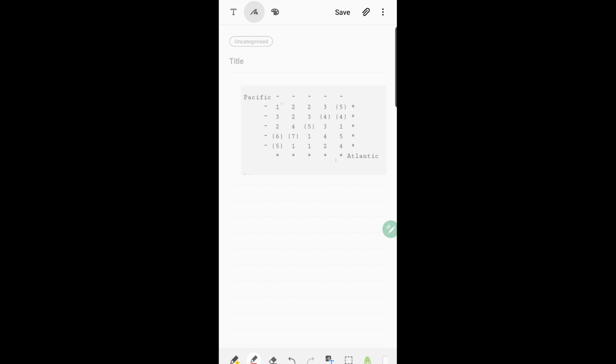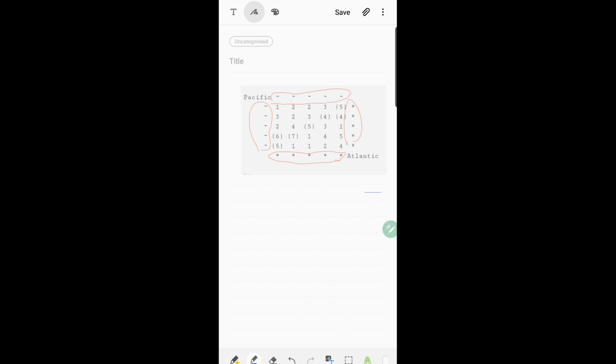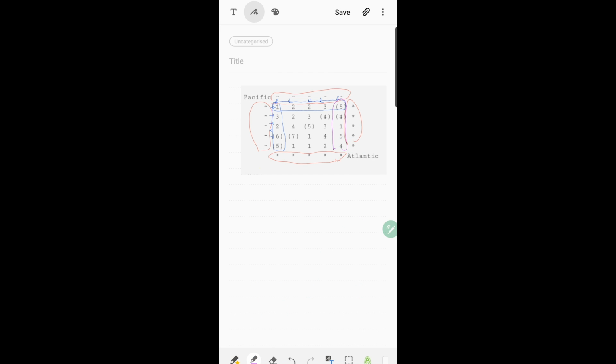So first we're going to start noticing a few things: this entire row and this entire column is Pacific, this entire column and this entire row is Atlantic. So that means, first of all, you have to mark the cells that are reachable from Pacific. So can I say that this entire row and this entire column is directly reachable from Pacific, because this is reachable like this and this is reachable like this. Okay. Similarly, can I also say that this entire column and this entire row is reachable by the Atlantic like this and like this.